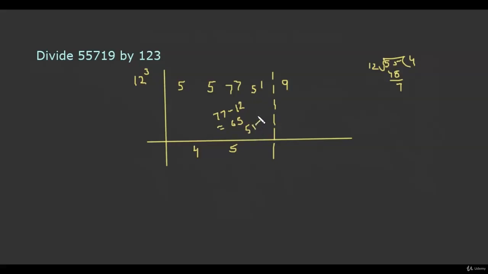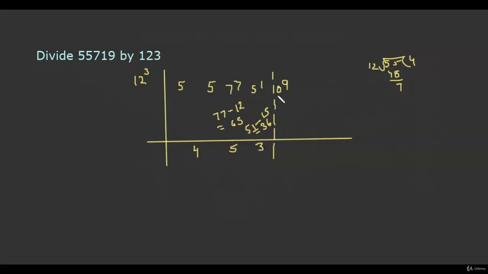From there we have to get the net dividend number. For that we have to subtract the product of the flag digit number and the previous quotient number. 3 multiplied by 5 gives us 15, and this equals 36. So net dividend number is 36. So if 12 divides 36 three times, quotient is 3, remainder is 0.